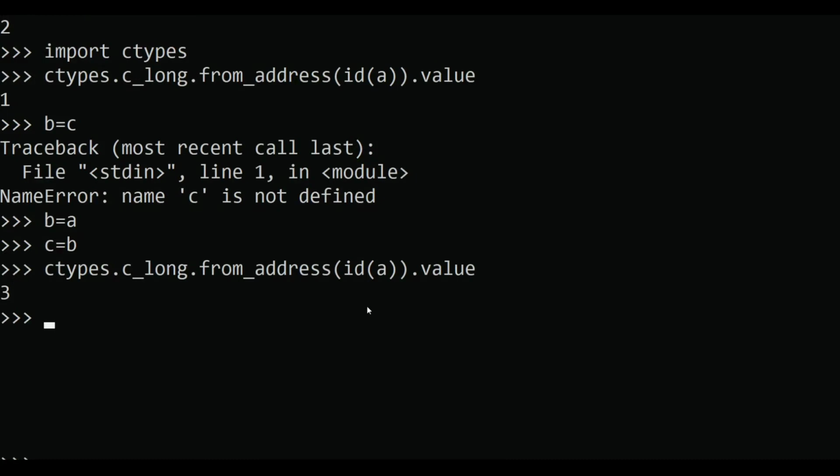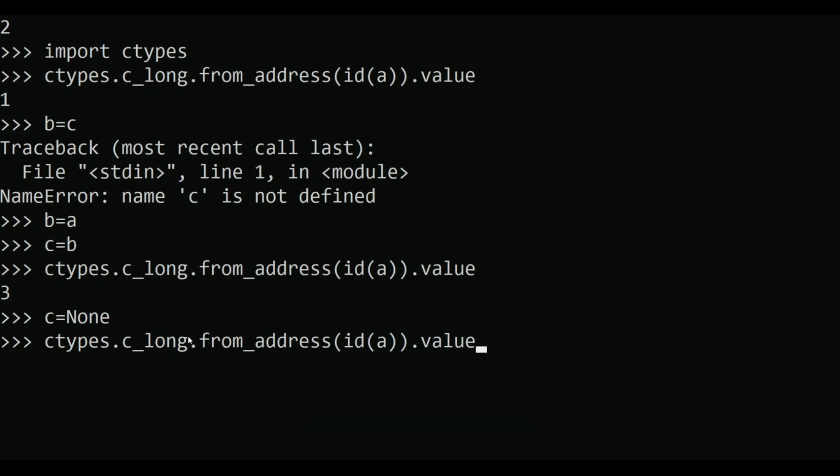Now if we assign c equal to None, it now gives 2 because c is referencing another object, which is None.